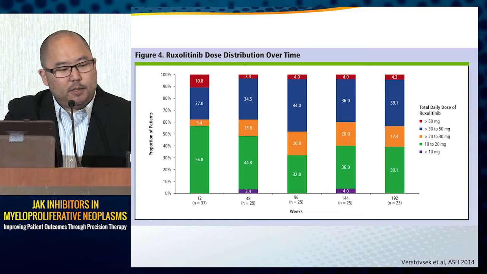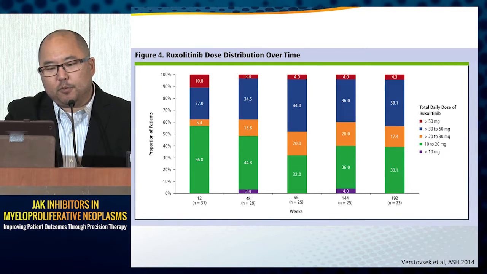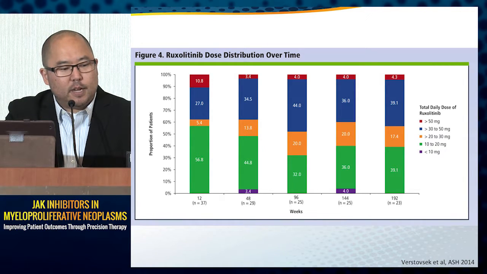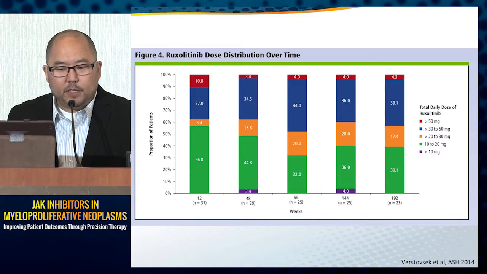I believe it's 10 milligrams BID or 15 or 20, and then 25 milligrams BID actually to start. And then after the first 8 weeks, the doses could be individually titrated. And then after the first 20 or 25 or so patients were enrolled, it was decided to focus on a dose of, I think it was 20 or 25 milligrams BID as the starting dose for the remaining patients in the study. So, again, it can be a little difficult to interpret in terms of what doses they were on,